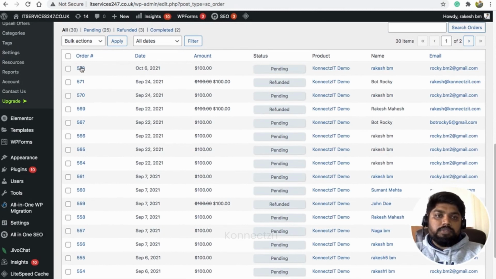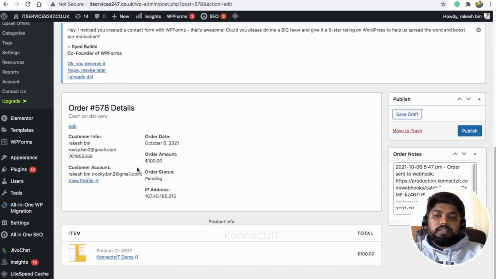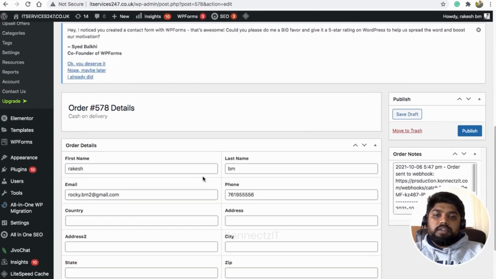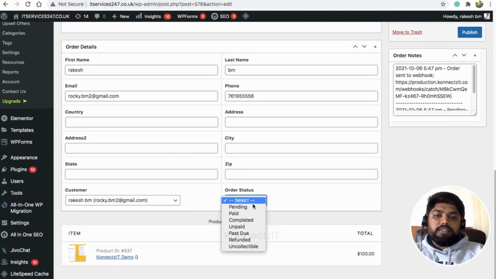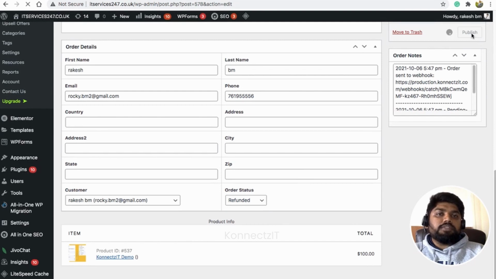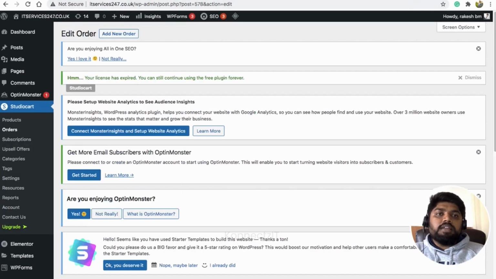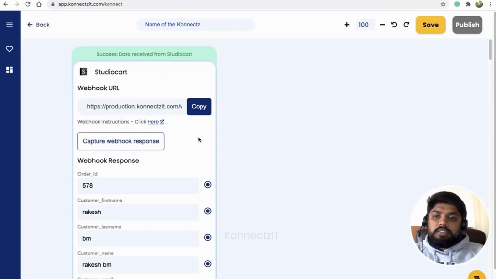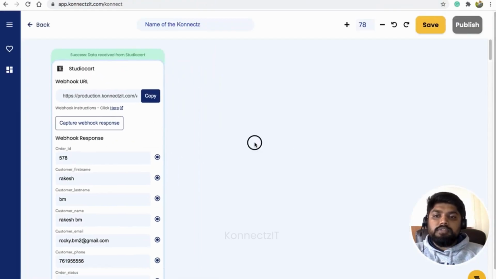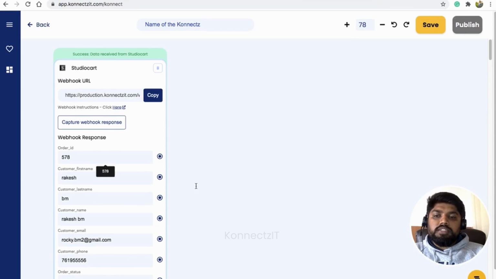For this particular order, I'll select it, make the order refunded, and click on update. This will send data to Connexit, and we already enabled Connexit to receive the data. So yes, our order is received successfully, as you can see.